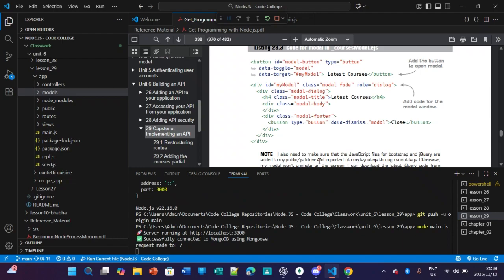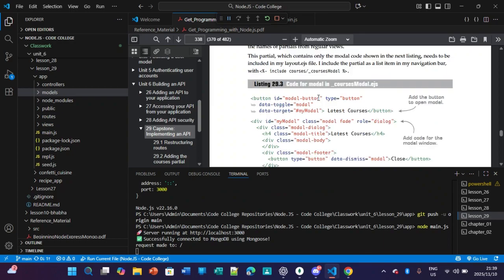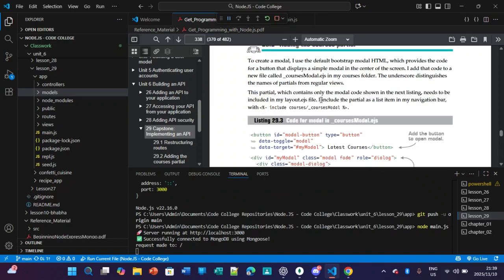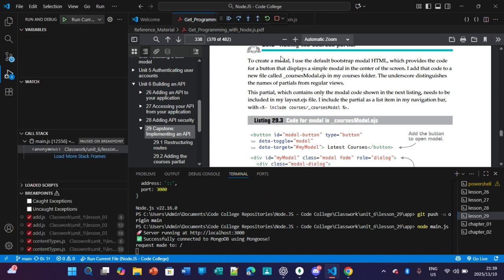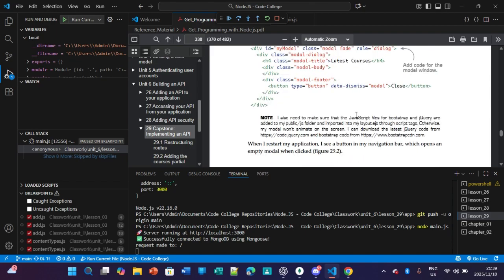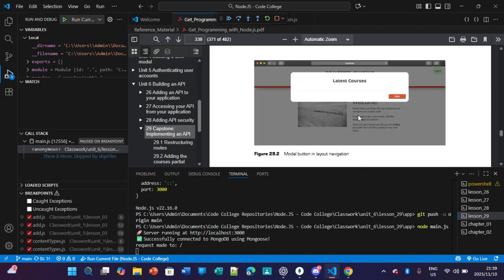For latest courses, we'll be making use of hash modules. We'll pretty much be making use of EJS, and also this navigation bar, which is include courses module. As you can see, latest courses. So we're not using an API. Instead, we're gonna be using